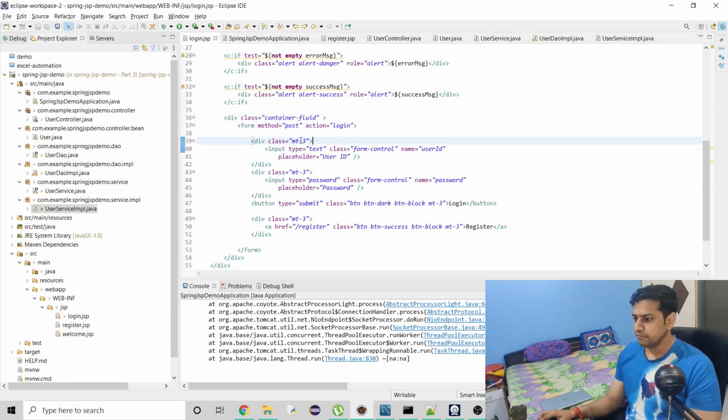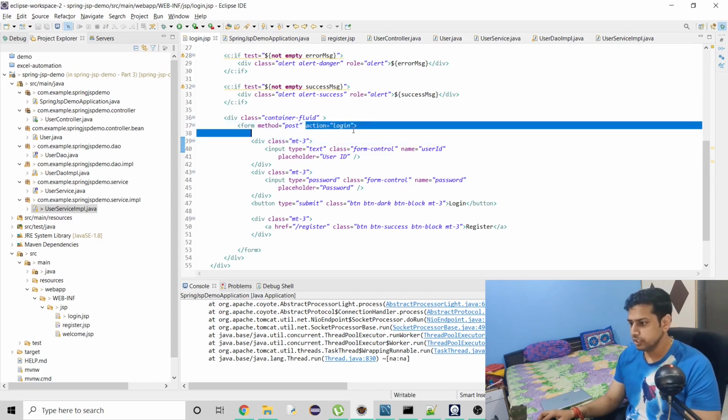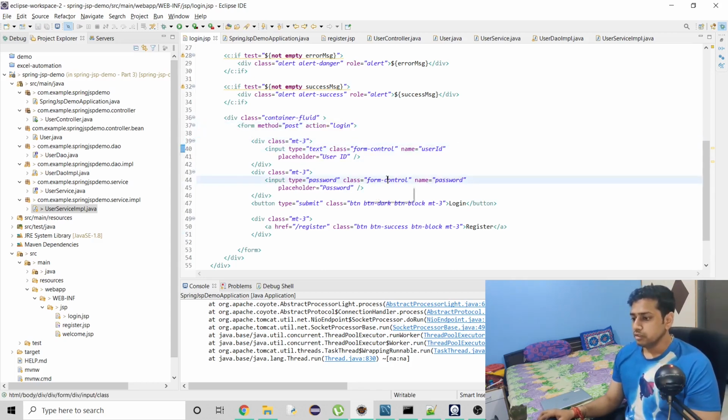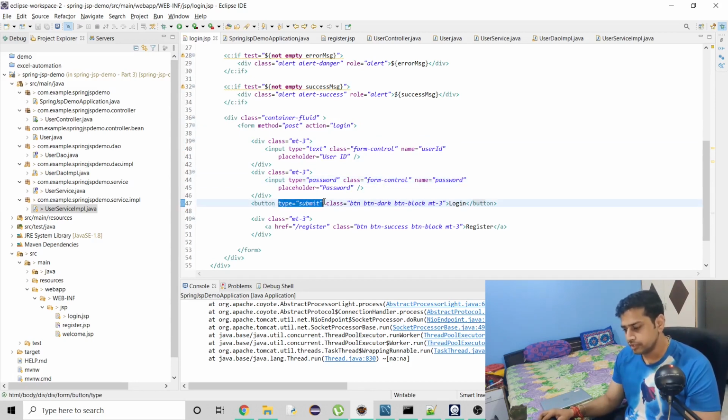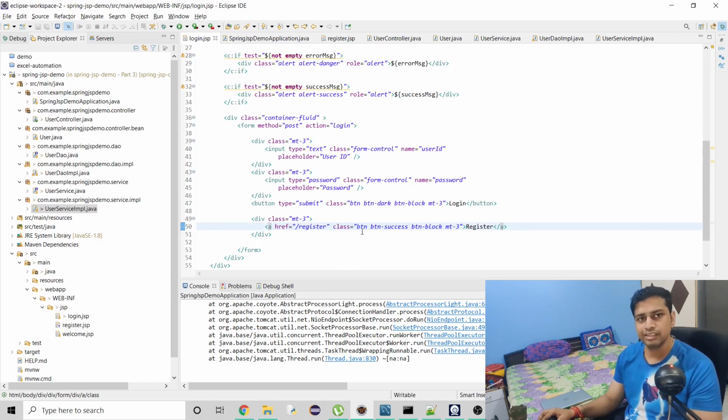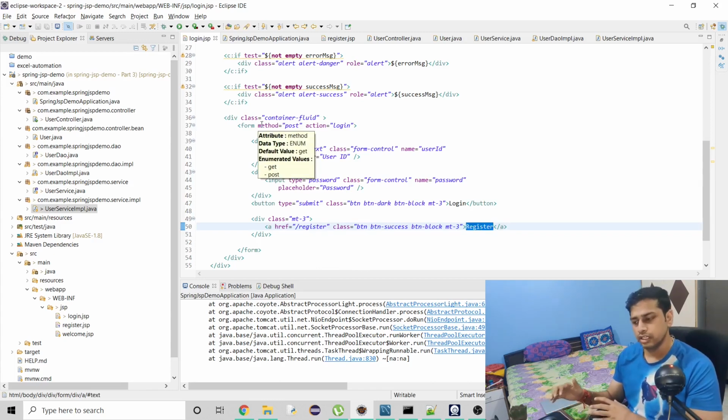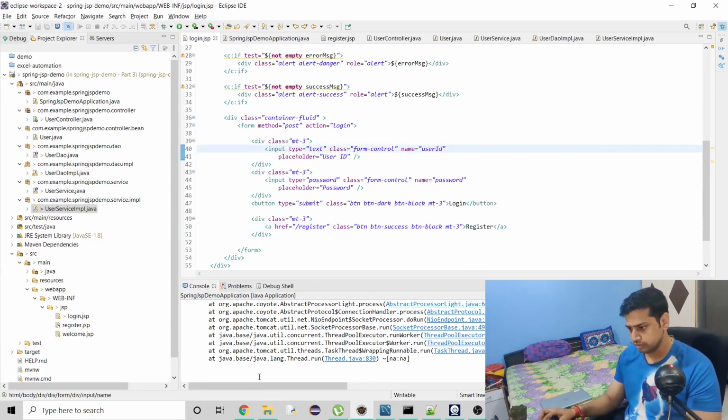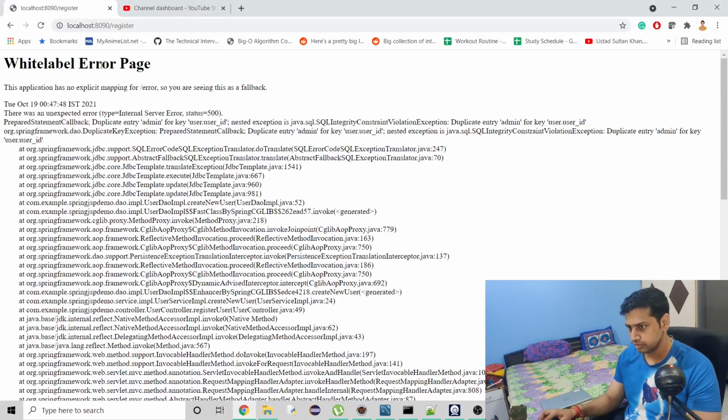What we have to do here is we forgot to do this, and that's why. Let me point out a few things. If your button type is not submit, in that case it will not go back to the controller, and that is what is happening here. A hyperlink is considered to be a button, but it is not a type submit, right? So that is why when we click on register, it is not actually going to submit, right? We have already saved it, so let's try this again.